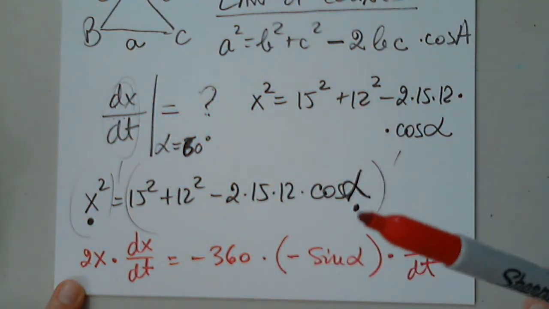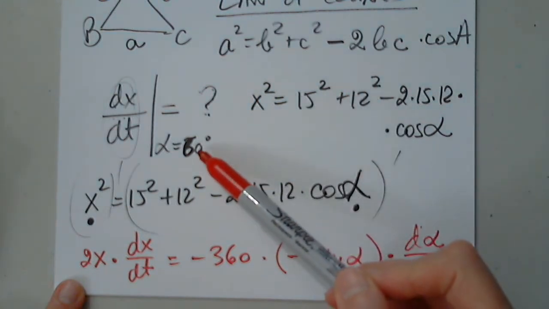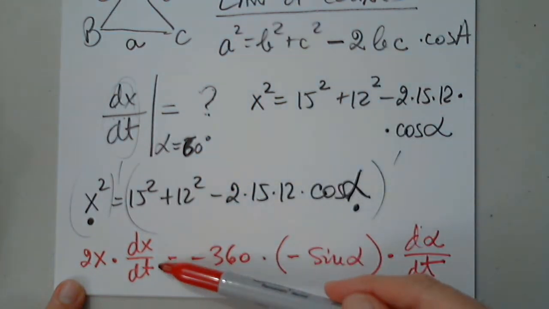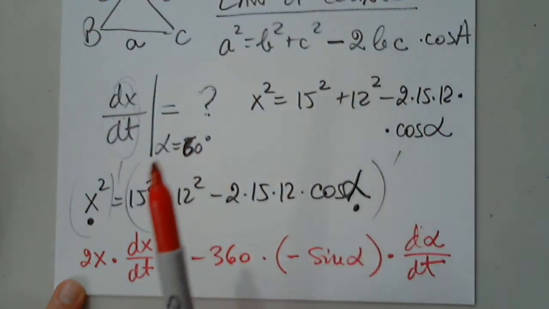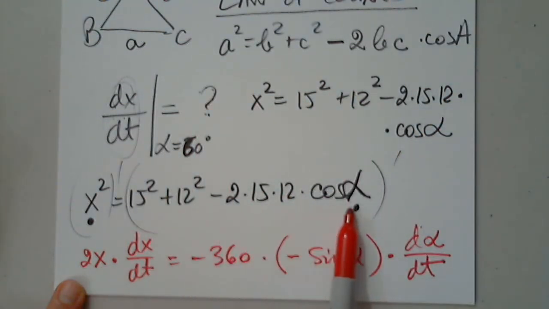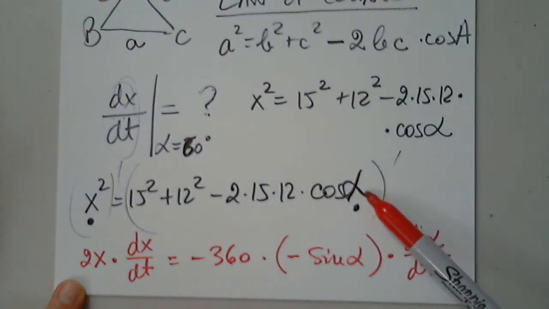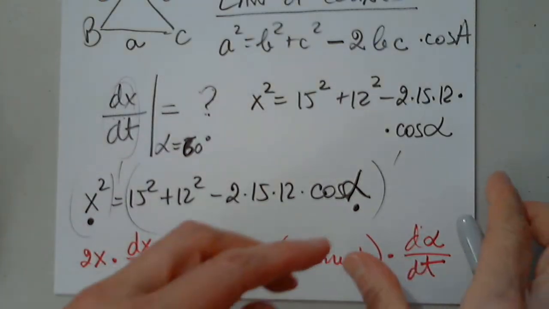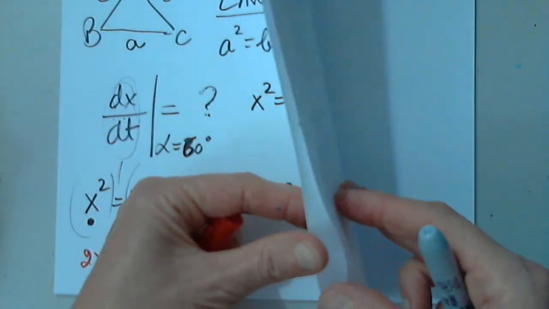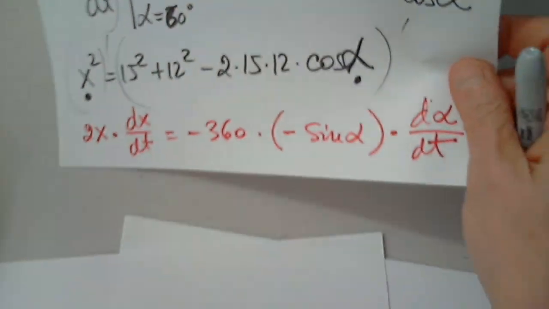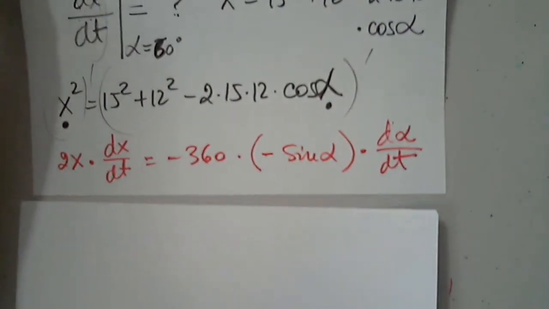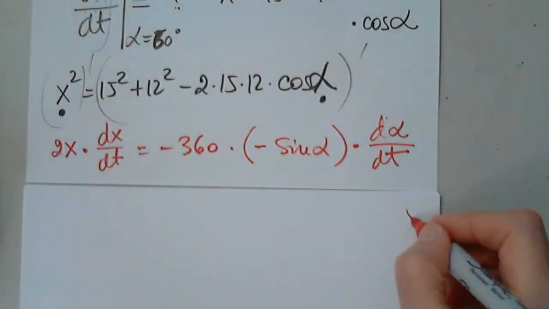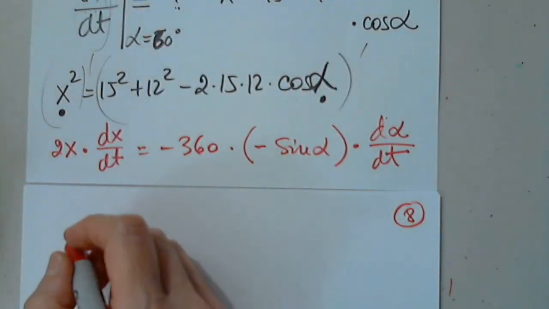Okay? So x has to be determined from here when cosine alpha is 1/2, cosine 60. So we don't have x, but we will have that at a particular instant. So let's do that. So first, let's simplify. So this is my page 8. Okay, so I have